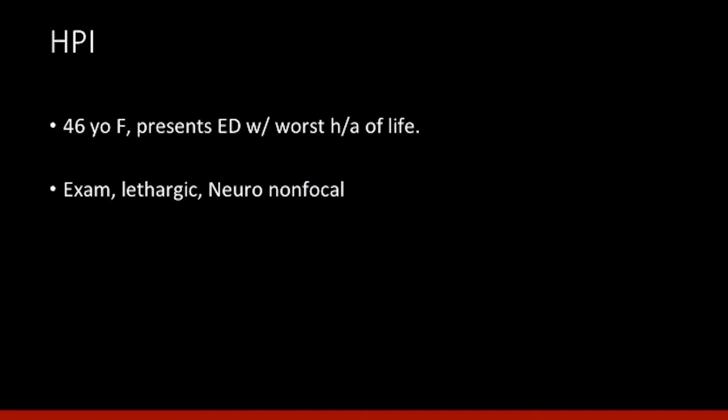So this first patient is a 46-year-old healthy woman who suddenly got the worst headache of her life. Showed up in the ER with this headache. She was non-focal but very lethargic. And so the CT scan here shows